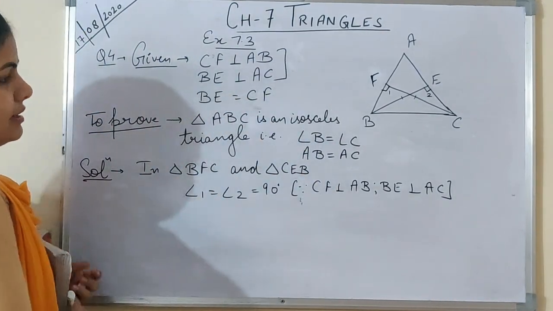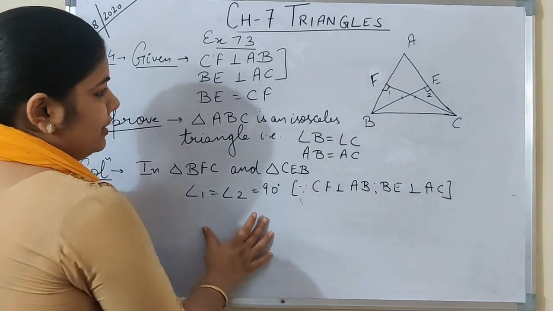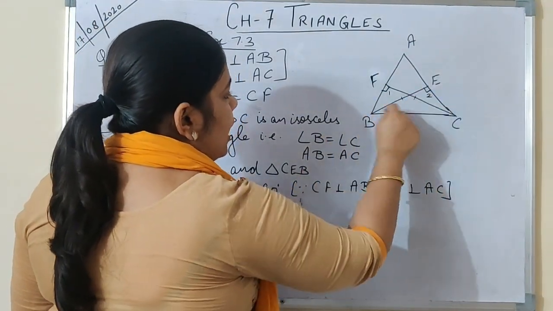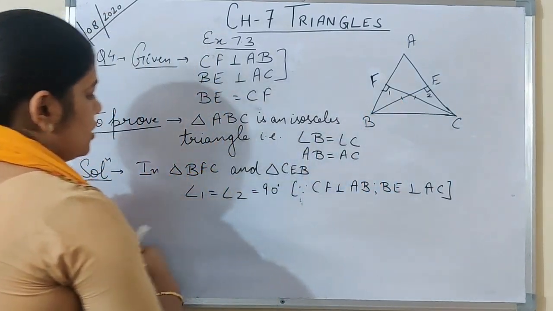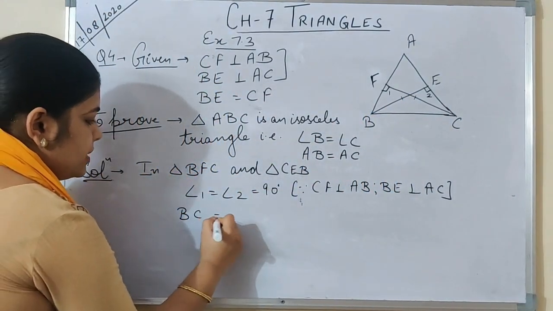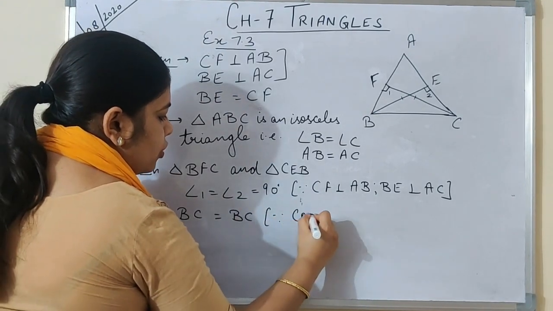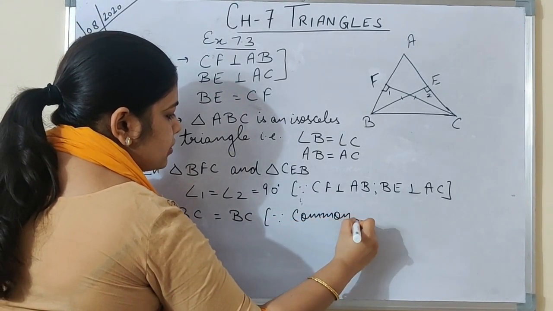Now what else we have to prove? Right angle we have proved. Then next thing is H, that is hypotenuse. Now for these two, hypotenuse is BC only. So we can write that BC is equals to BC